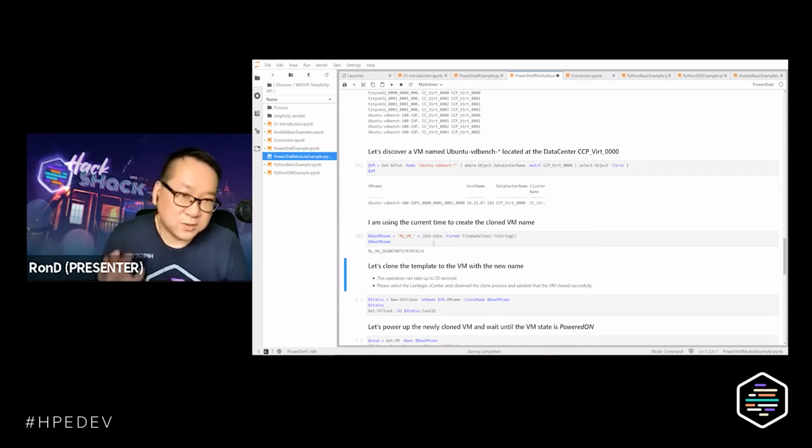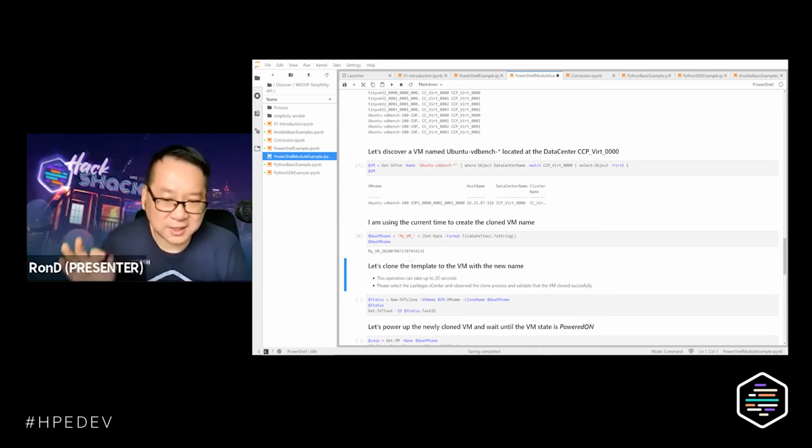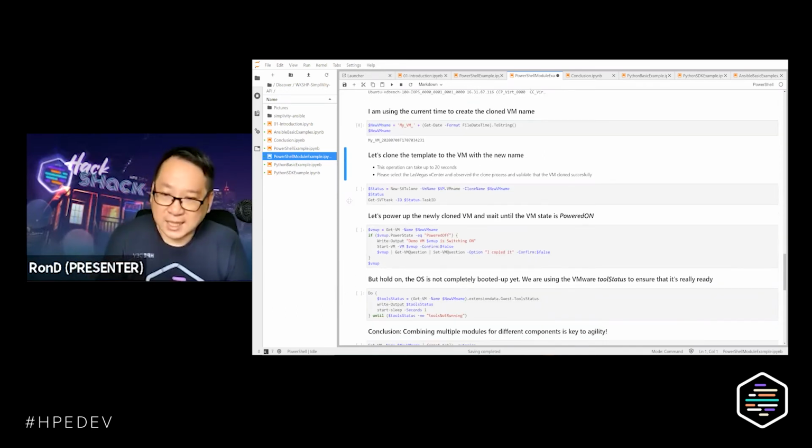And then we are using the SimpliVity clone, which is more powerful than the VMware clone. Why is it? Of course, with the hyper efficiency, we can perform the clone of 500 gigabyte virtual machines, because it's got dedupe and compress, and the clone will return within less than 10 seconds. But what we want to do is have a use case where we want to power up this VM and start performing operations on it.